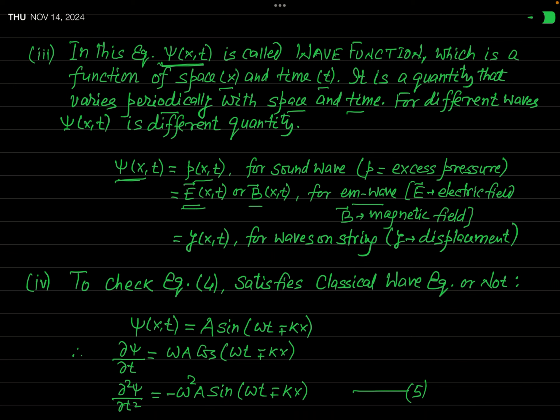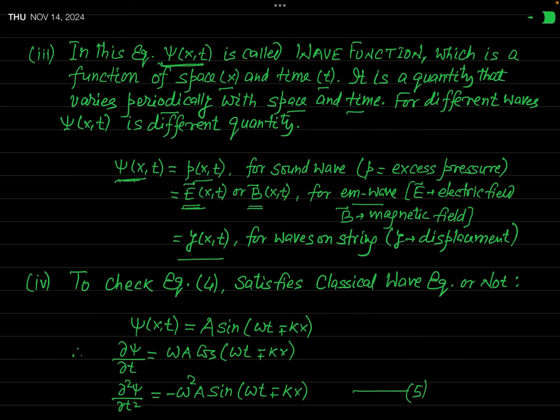So, in case of an electromagnetic wave, the role of psi is played by E or B, and so E and B are the wave function in case of electromagnetic wave. If you are talking about the wave traveling on a string, then psi is denoted by y, and this y is actually the displacement of a segment or a particle of the string. Here in this present discussion too, we have considered that psi is displacement. But for different types of waves, psi has different meaning. But in general, it is a wave function.